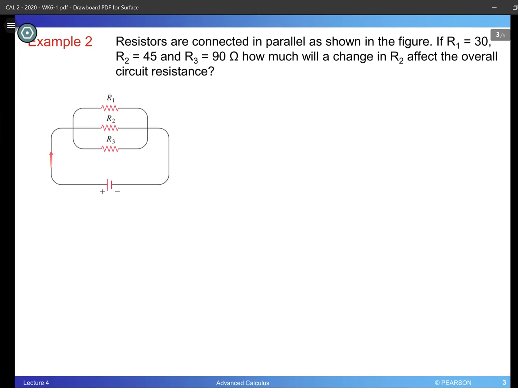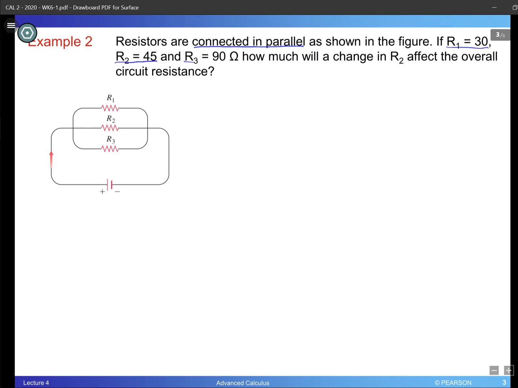In examples 2 through 6, we are going to work on some engineering applications of partial derivatives. Why don't we start with this example number 2 right here. In this example, we have 3 resistors connected in parallel. So the first thing we know about them, they are connected in parallel. And we also know that the first resistor is rated 30 ohms, second one 45 ohms, and the last one